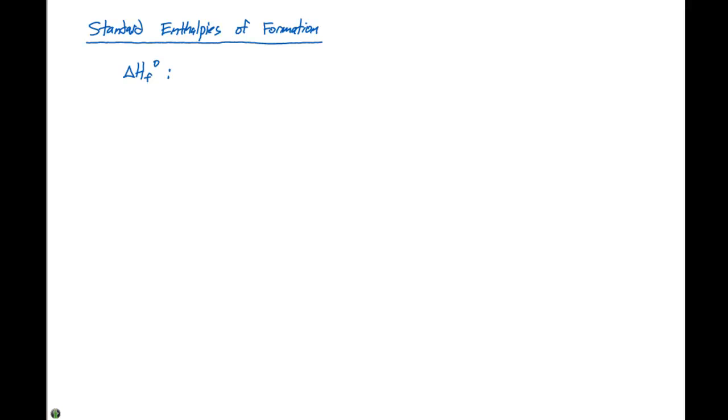Our next topic in discussing enthalpy is called standard enthalpies of formation, and that's abbreviated ΔH with the subscript f and a naught up at the top. So the standard molar enthalpy of formation